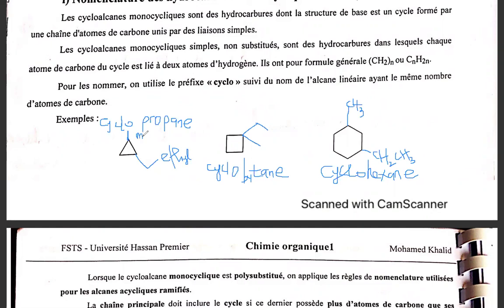So in order of alphabetical preference, the numbering will be 1, 2 and not 1, 2, 3, because we are always looking for the lowest index possible. Therefore, the name of this compound would be